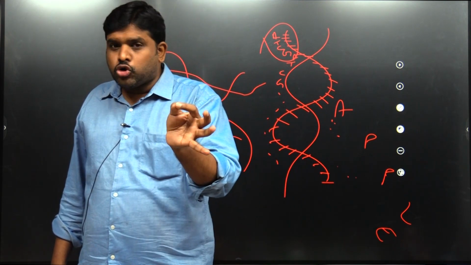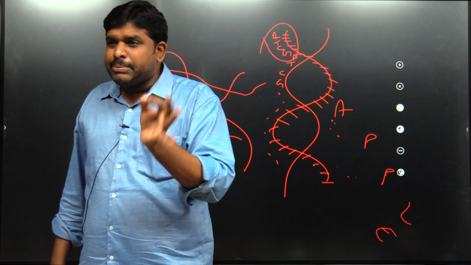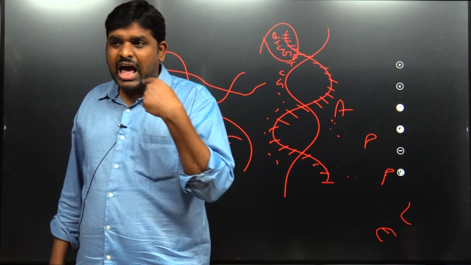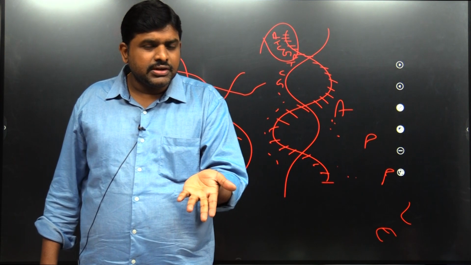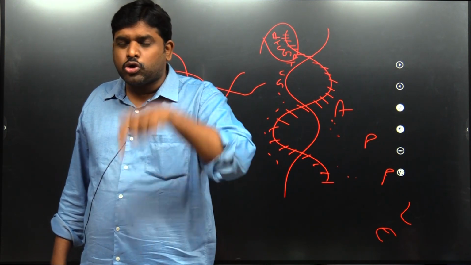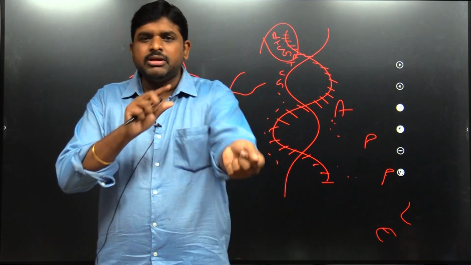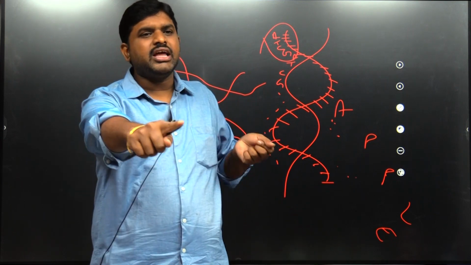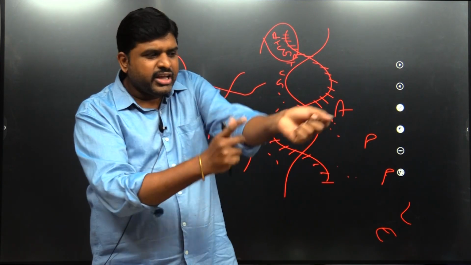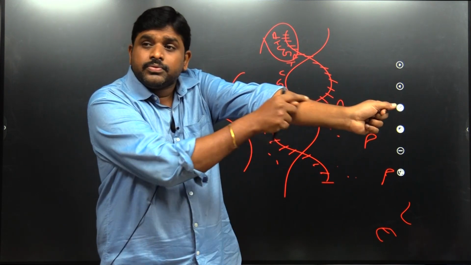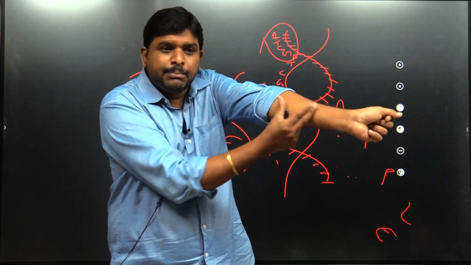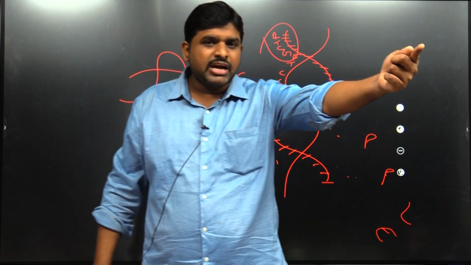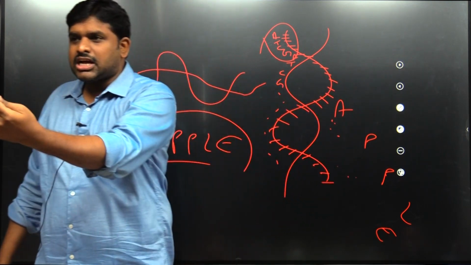The structural part of the chromosome is called DNA. DNA per se doesn't have any function, but when the DNAs are arranged in a sequence, then it will have a meaning. Having a meaning is called function. So the functional arrangement of the DNAs in the chromosome is called a gene. Gene means not object. DNA means object. Chromosome is a combination of DNAs. So in that combination, if a sequence has a function, that particular part is called a gene. So gene is called the functional part, DNA is called the structural part.